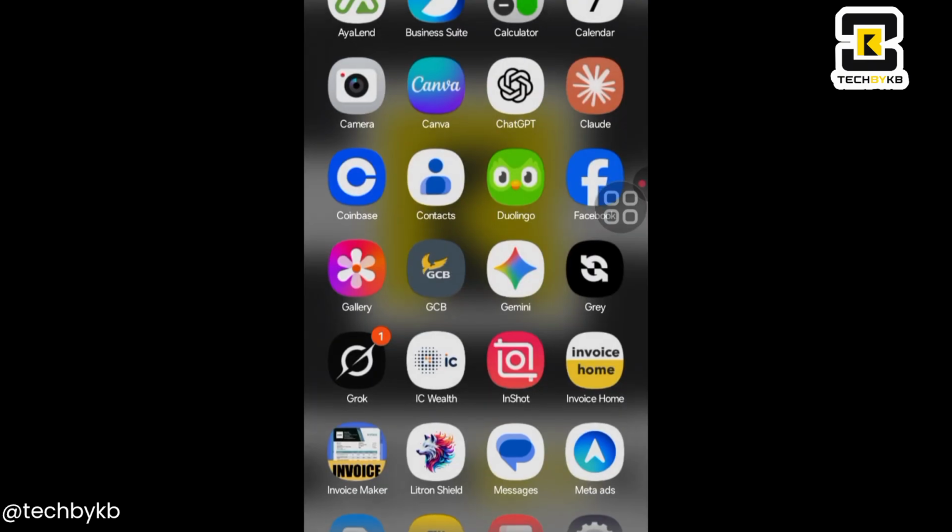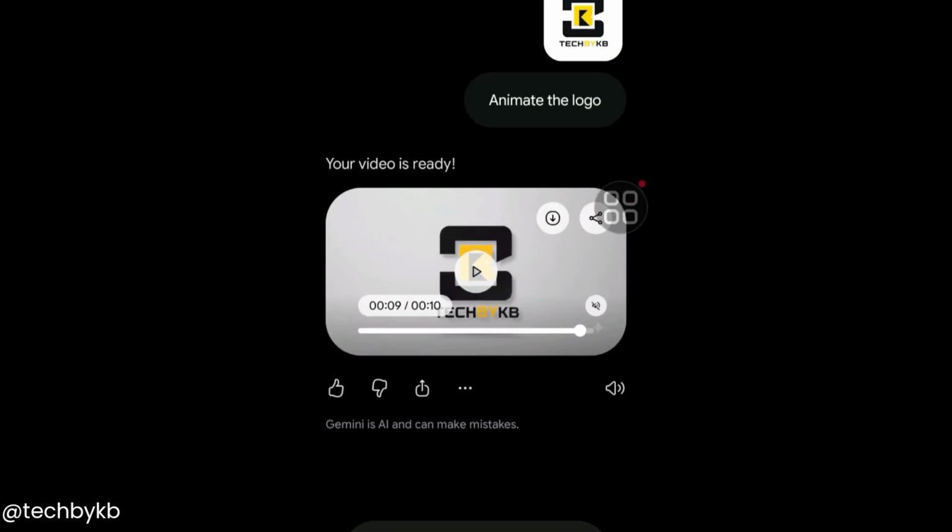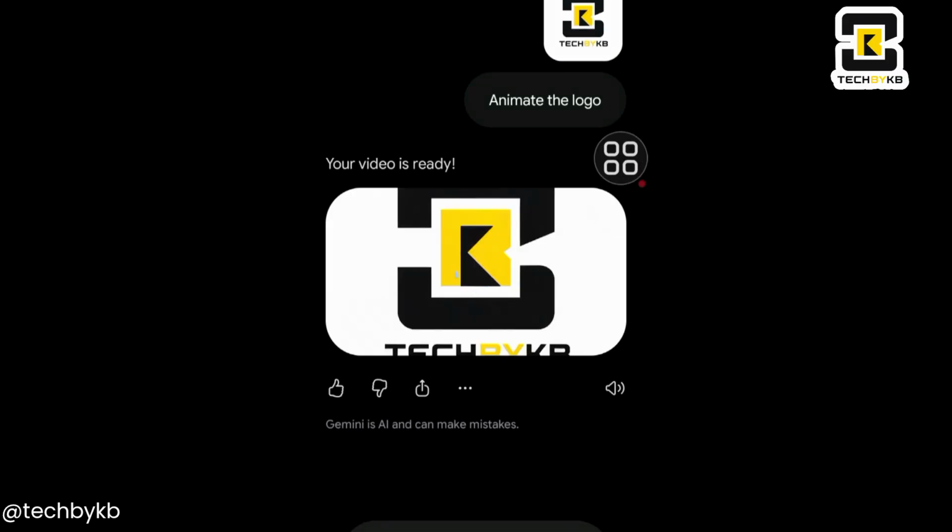So the first step is to make sure you have the Gemini app. You can download it from the App Store or the Play Store, and then you sign up for an account with your Google account. So you open Gemini, and as you can see, I've previously generated